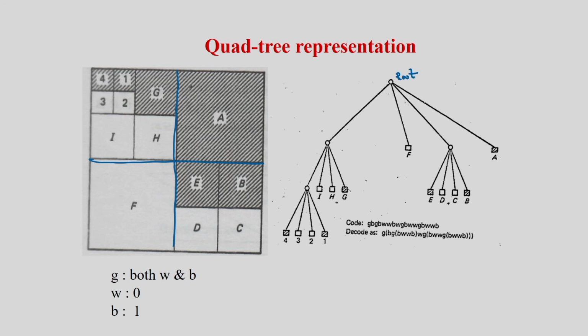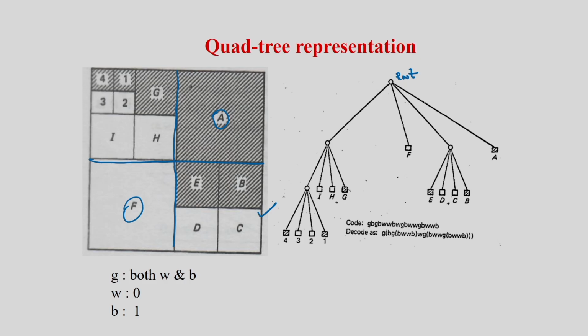This is my root. And in this case, if it is homogeneous, then there is no need to do the splitting. I can merge as per the image segmentation procedure. The procedure is the split and merge technique. And if I see region A, that is homogeneous, so no need for further splitting. But if I consider this region, it is not homogeneous, so that is why I am dividing it into 4 regions. And if I consider this region, this is homogeneous, so no need to do the splitting.